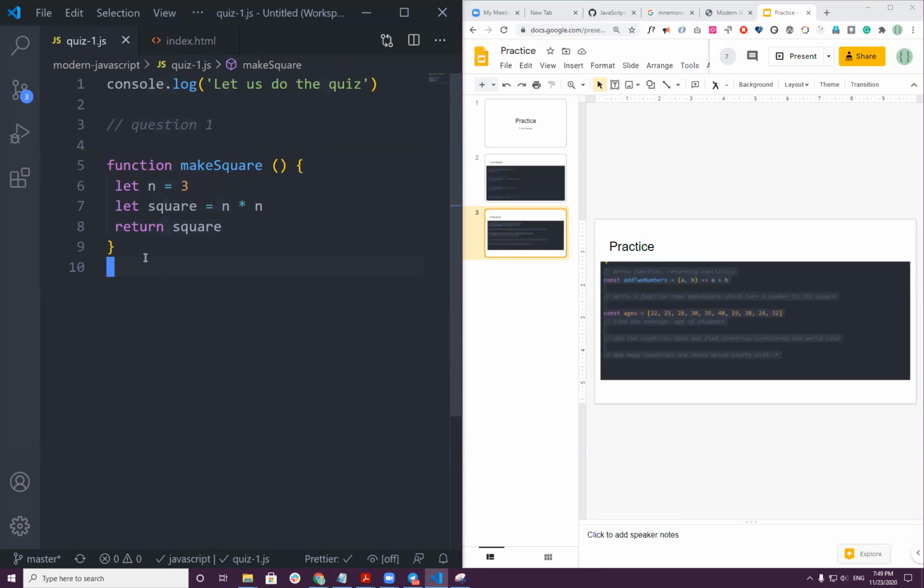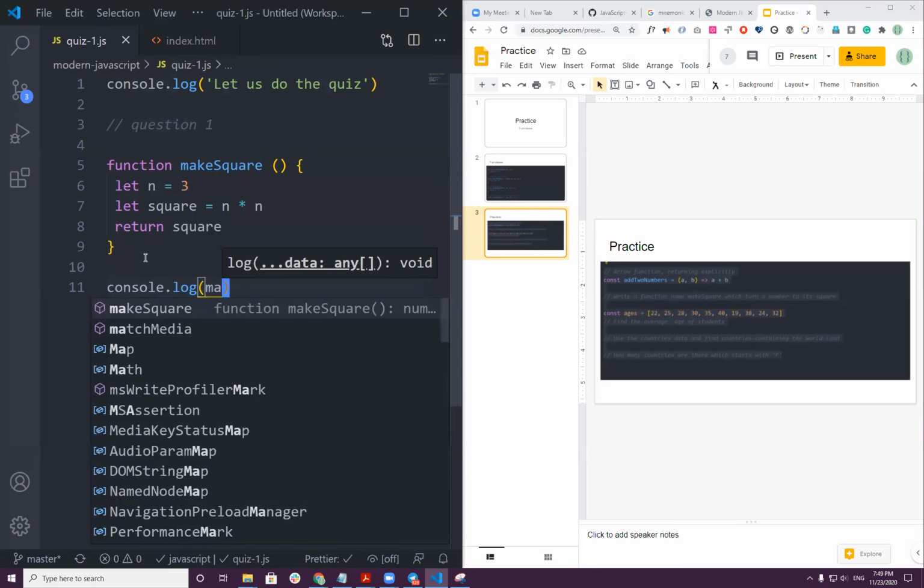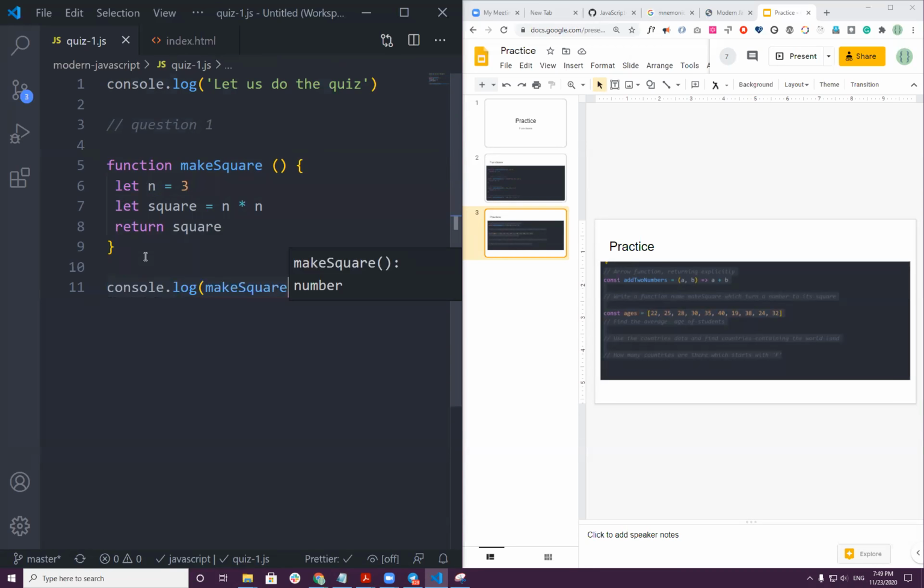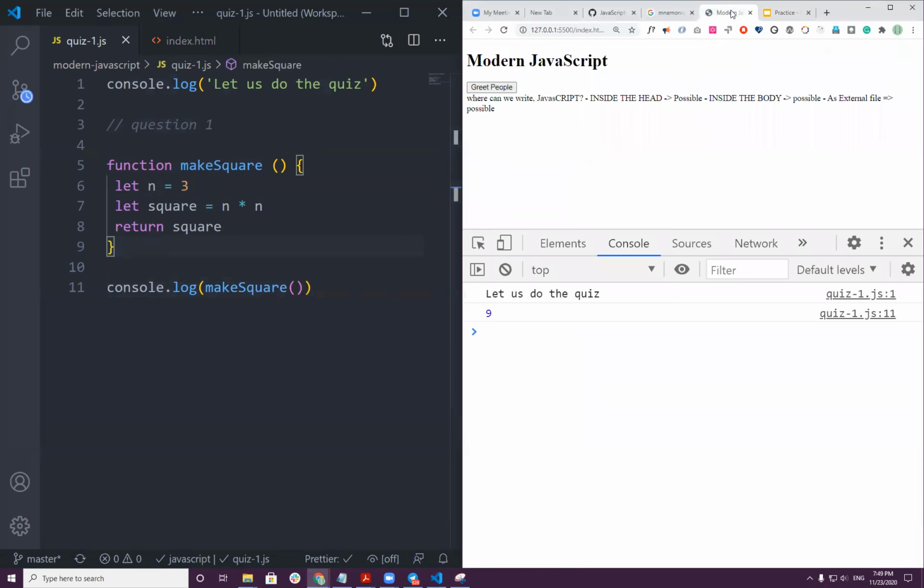So to call it, I have to call console.log makeSquare. This is how we call, right? With the parentheses, and we have to see the result 9. And just let's try for 100. If we give 10, we should get 100. But this is not a very good way of doing it because it doesn't take any parameter.